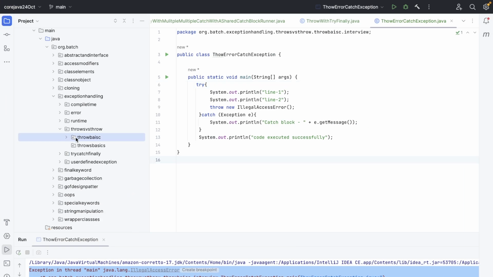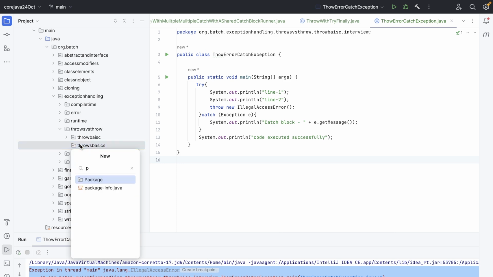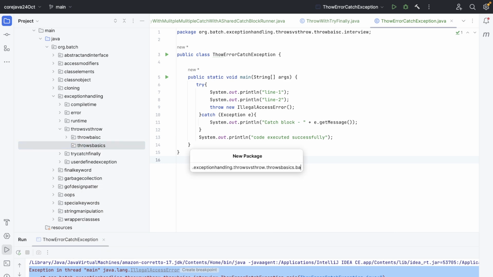Okay, so for throws, let's start with the basics, and then there will be some